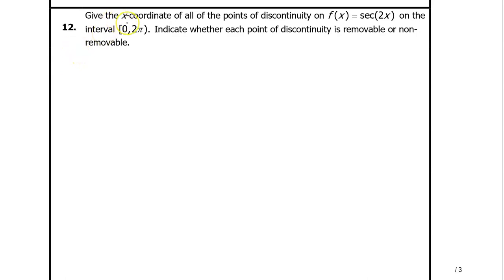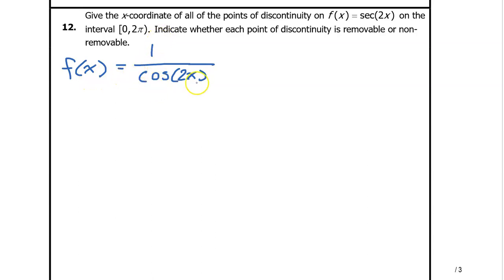Last one. Give the x-coordinate of all the points of discontinuity on f of x equals secant 2x on the interval from 0 to 2 pi. Indicate whether each point of discontinuity is removable or non-removable. Secant of 2x is the reciprocal of the cosine of 2x. So f of x really equals